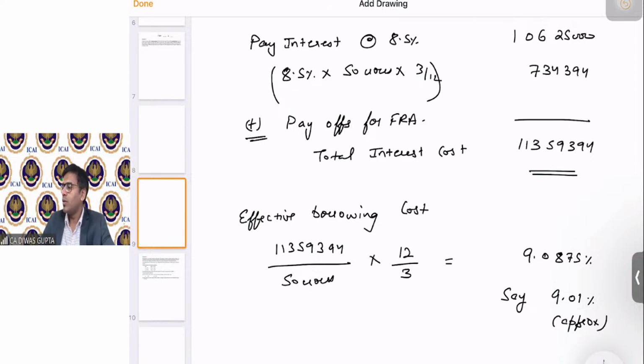So yes, Satish, you're right. It means FRA is a kind of derivative instrument. Yes, it is a derivative instrument, just like forwards. In forwards also you're committing yourself to purchase or sell a commodity or an underlying at that price in future. In this case, instead of that commodity or underlying, the underlying is the interest rate.